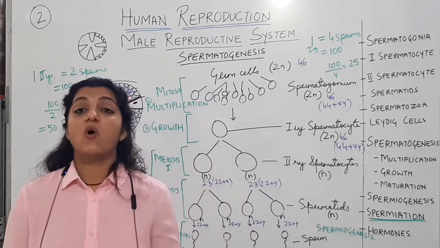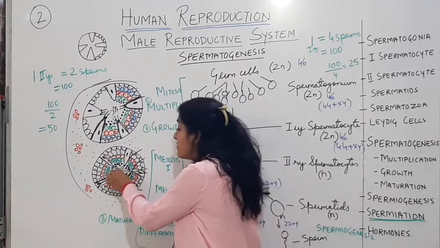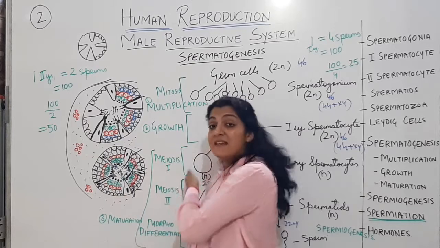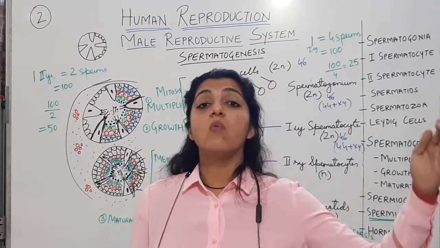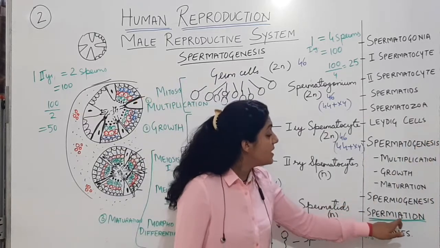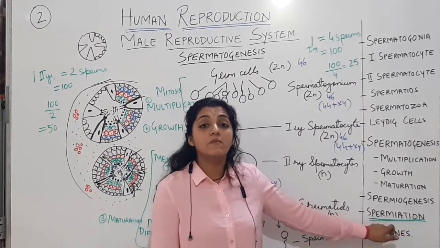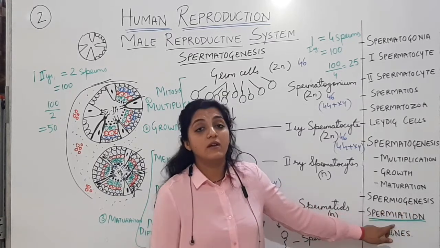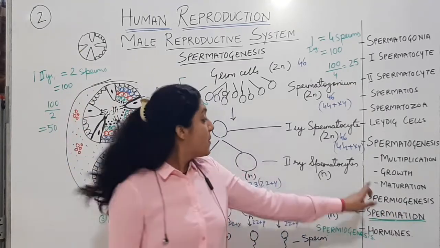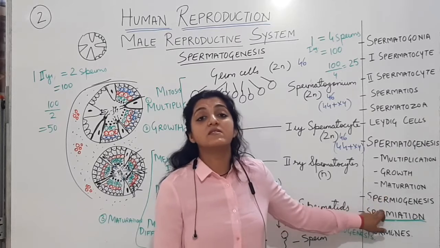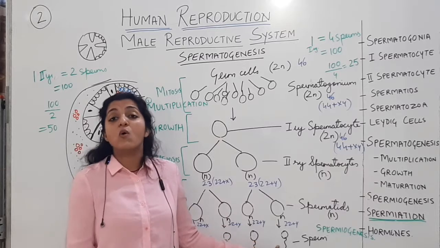Process by which, or the step in which the developed sperms in the lumen of the seminiferous tubules are now going to be released from the seminiferous tubules to enter into the rete testis and move forward is called spermiation. Spermiation is the release of the fully developed sperms from the seminiferous tubules further into the rete testis and further into the vasa efferentia, epididymis. Spermiogenesis is the morphodifferentiation, that is the change in the shape and size of the spermatids to form spermatozoa or the sperm.